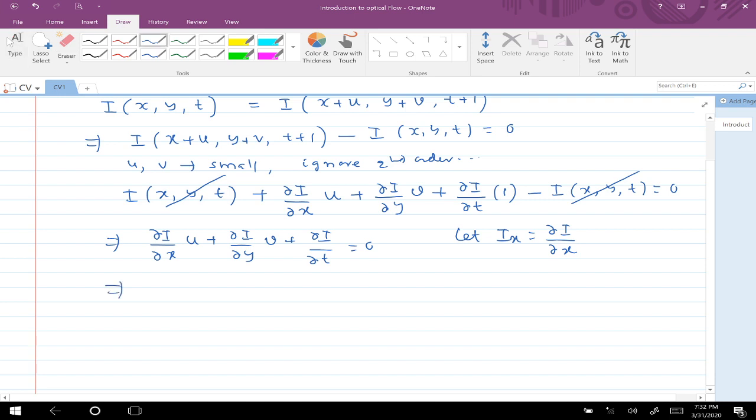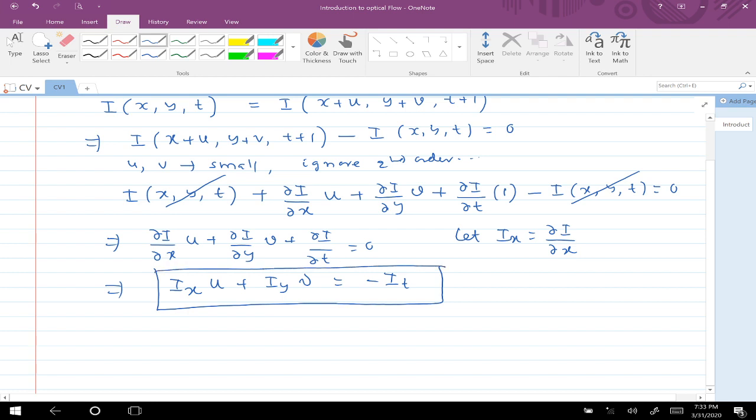So then I could write this equation as I_x into u plus I_y into v is equal to minus I_t. This is the equation